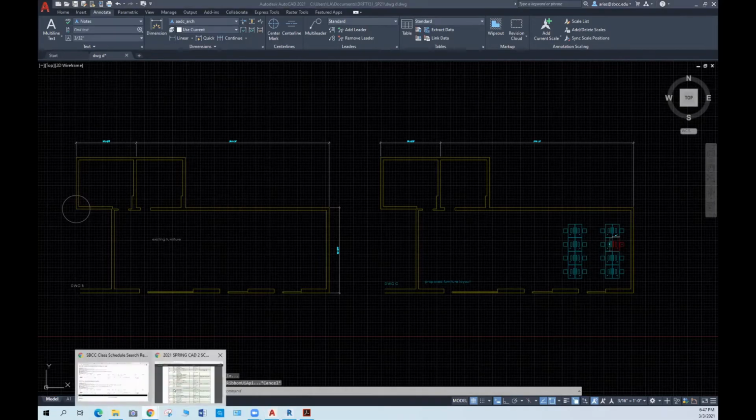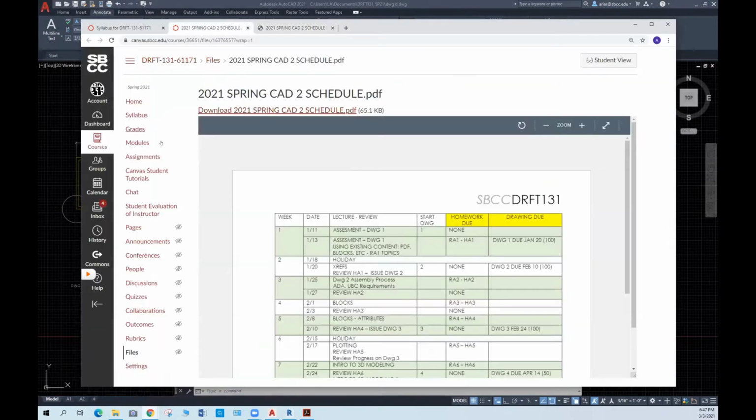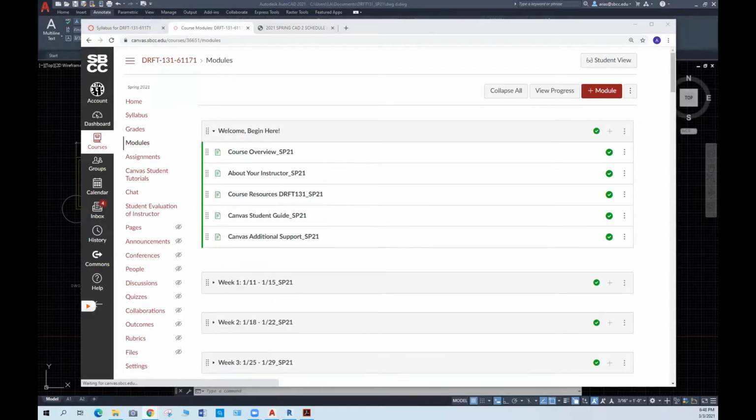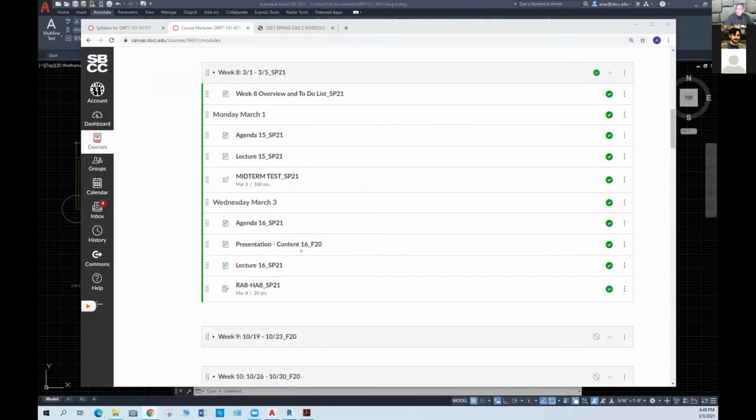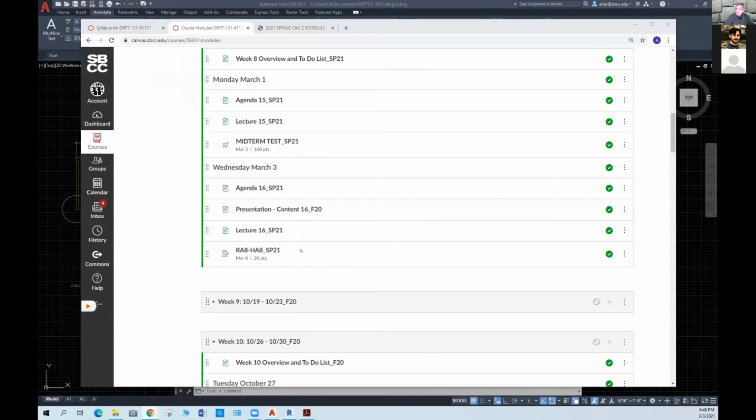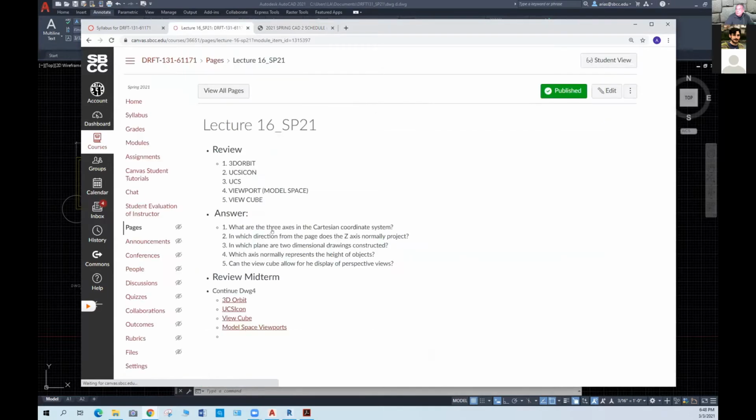Let's look at the modules. And we're going to be working here from now on in 3D AutoCAD. So some of the basic tools that we have to work in 3D are this: 3D Orbit, UCS Icon, UCS, Viewport, and ViewCube. So